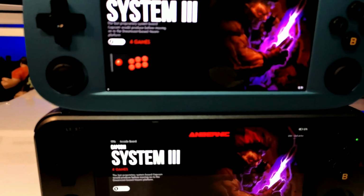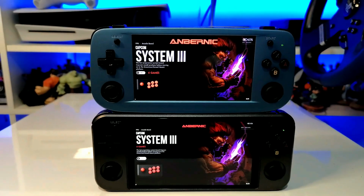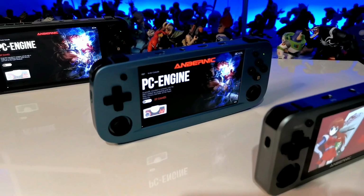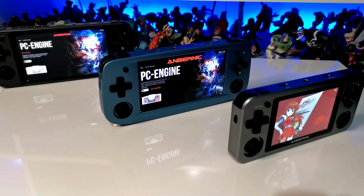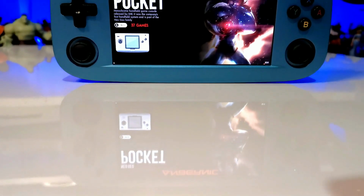With the RG503, Anbernic have introduced an OLED screen and changed the form factor for the first time in ages, meaning that the RG503 sits somewhere in between the RG351 and the RG552. But are these incremental differences to the emulation and these drastic changes to the form factor and the screen worth £140? Now, the first thing I noticed when I switched on the RG503 is just how gorgeous the OLED screen